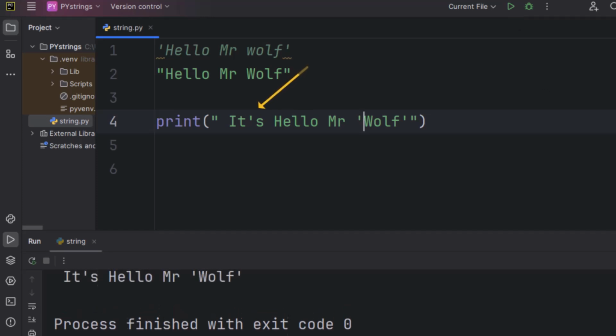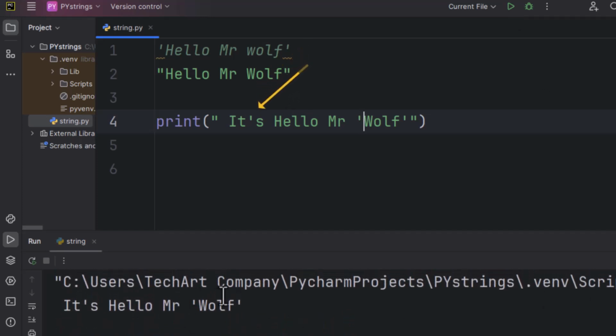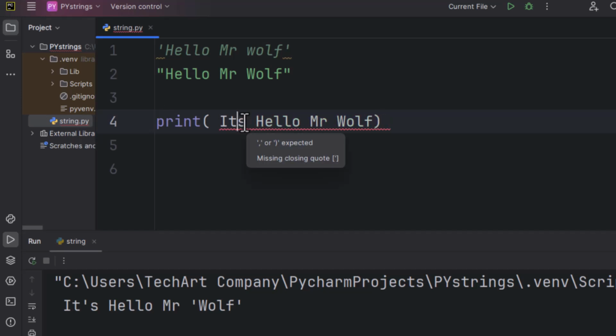What do we have? It's "Hello Mr. Wolf." So what else? We can still remove this, and also remove everything to do with quotes, and then we can leave alone the string, just leave alone the string. So Control Z, let's remove this one here, and now I want to surround it with a single quote,